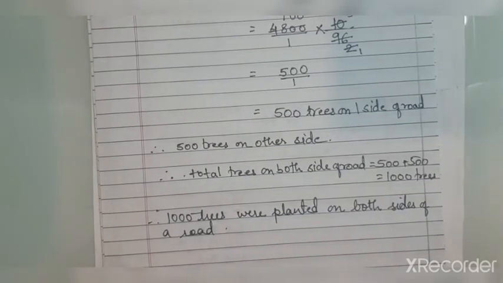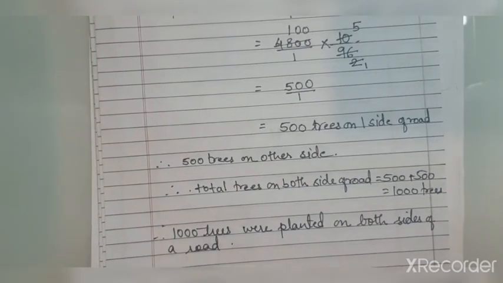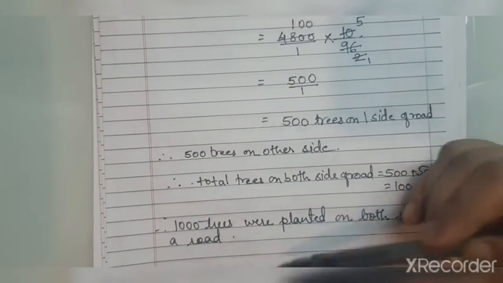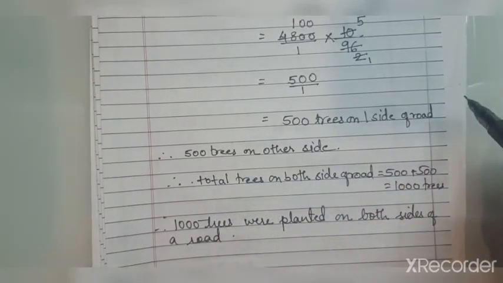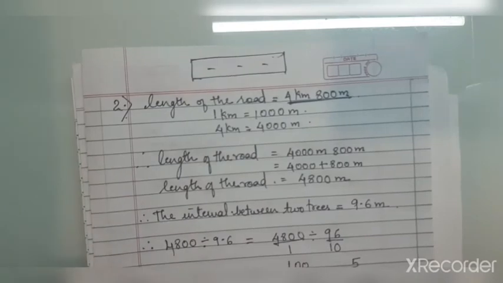Now children, you all know that behind the textbook they have given the solution for every sum or every practice set. Now in this particular solution, behind there are two answers. One is 1000 trees or 1002 trees. Okay, so how do you get that number? Even if you solve up to here, you will get the answer correct. But then what is the case of 1002 trees?